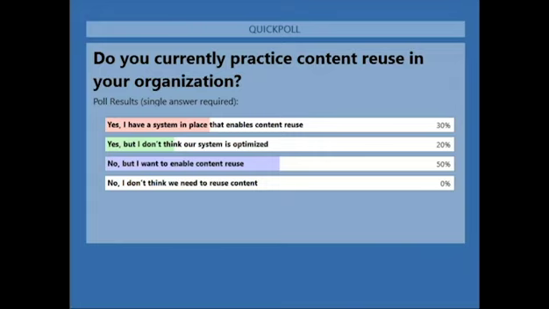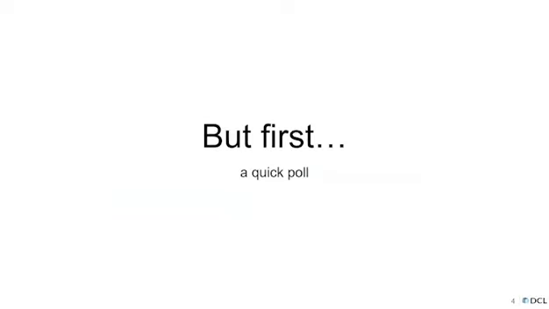However, there are doubts whether the system is truly optimized in a way that is useful. And 50% want to enable content reuse. So with that, I'm going to pass it over to Nave, who will be able to help you get started.